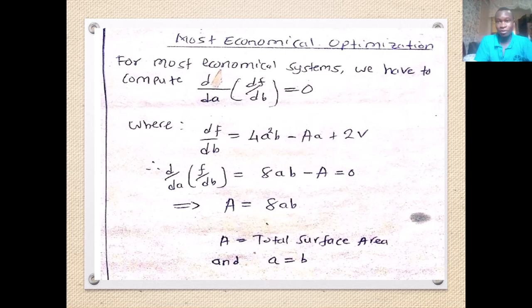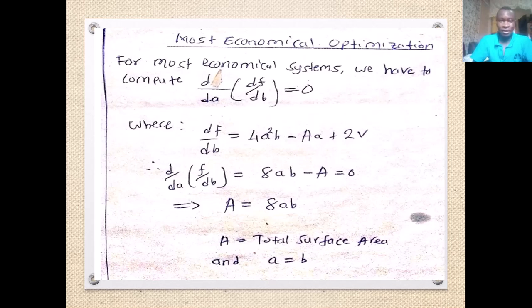That is going to be considered as the most economical model. So in our function, we are going to have the partial derivative of f with respect to b, then you're going to multiply with the partial derivative with respect to a. Now let's go ahead first and find the partial derivative of the function with respect to b, and then you're going to differentiate the